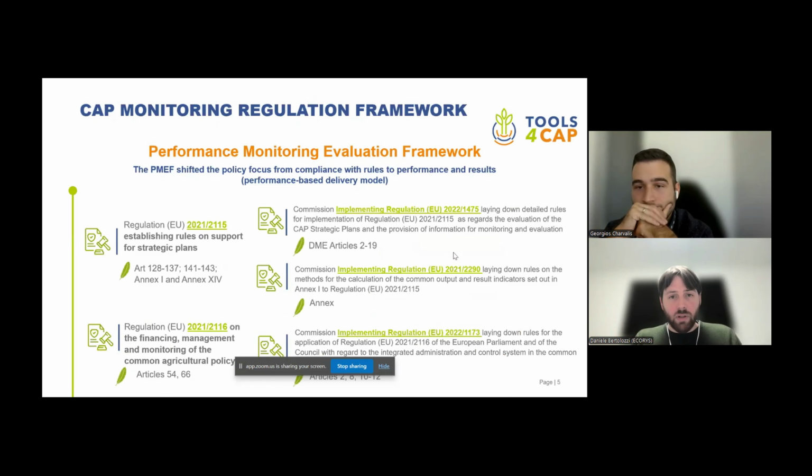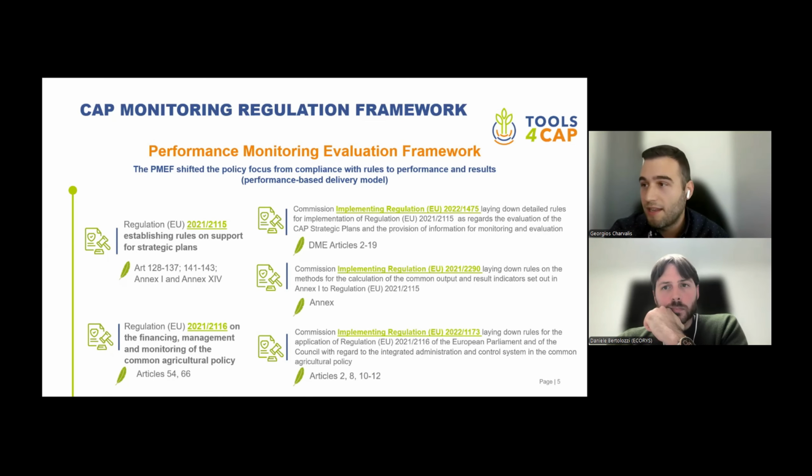Just a last reference on the core framework of the regulations defining the performance monitoring evaluation framework. I think you know it quite well. Just for you to know that this is the basis of our work. We look at the specific legal requirements and activities that end users have to conduct, and we frame our work around these elements. Adding to what Daniel presented,